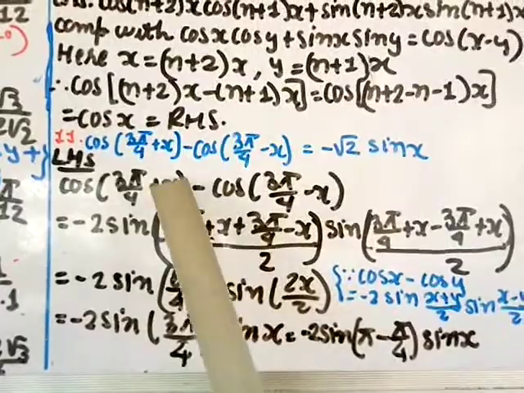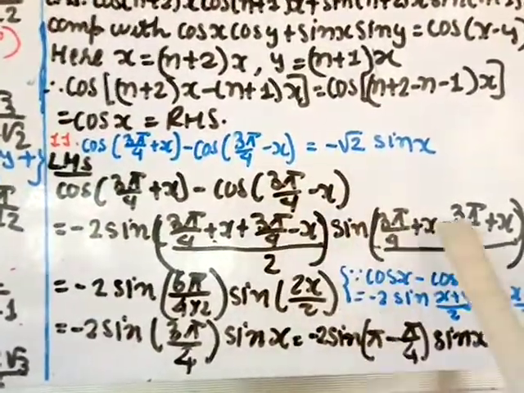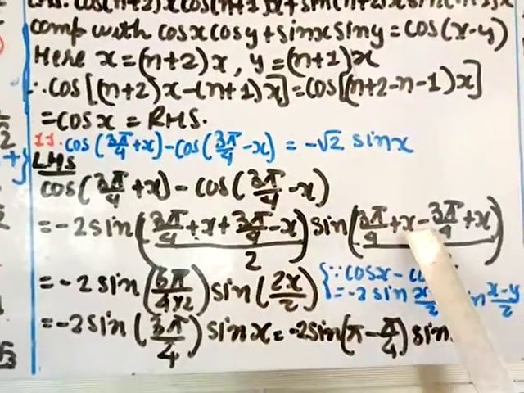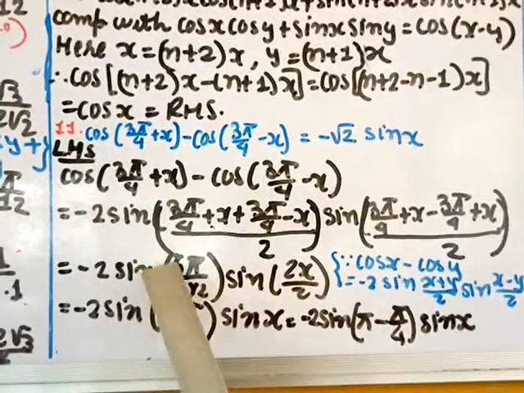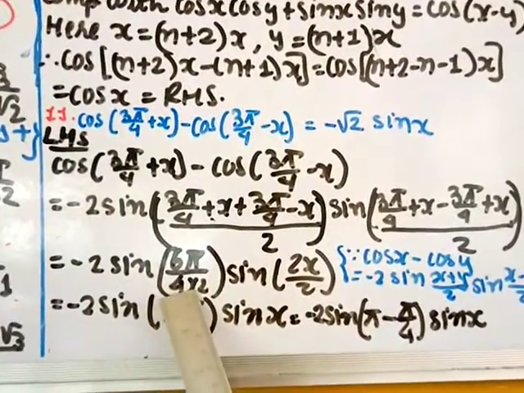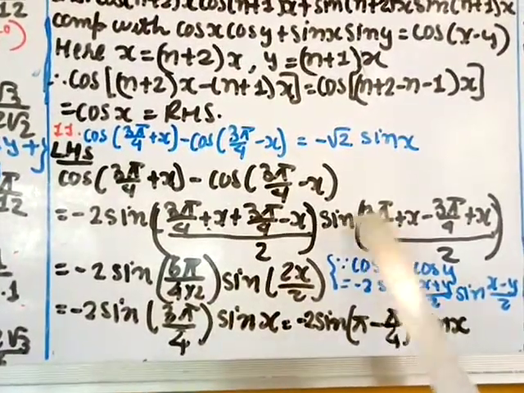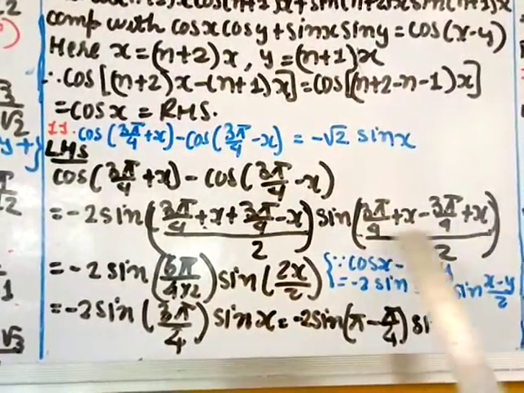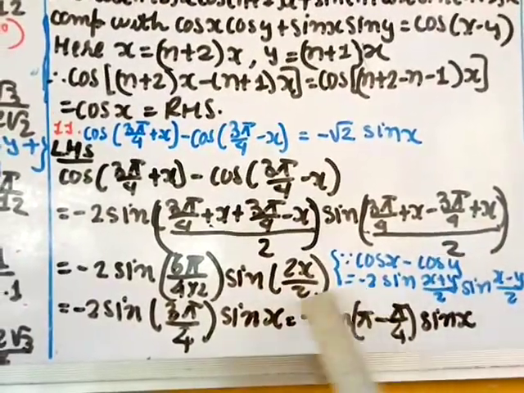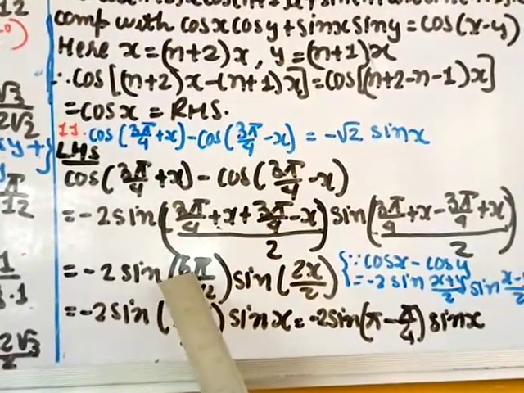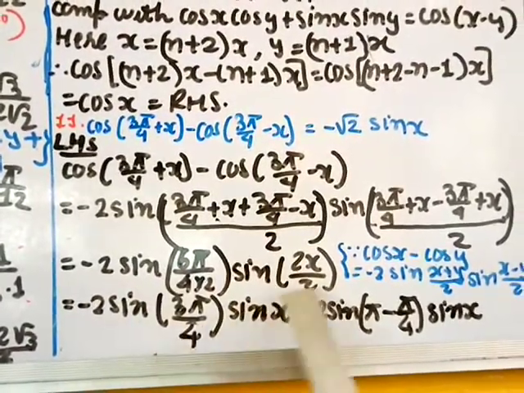So in sin, your x is 3 pi by 4 plus x, minus y, this one, 3 pi by 4. It is minus, but here minus is there, so plus x, divided by 2. 3 plus 3, 6 pi by 4, and this 2 is there. Okay, and plus x and minus x you can just cancel. Sine 3 pi by 4 minus 3 by 4 cancel, because one is negative, one is positive. Plus x, 2x divided by this 2. Okay, these 2 and 6 you can cut, so minus 2 sine 3 pi by 4, 2 cut, so sine x.